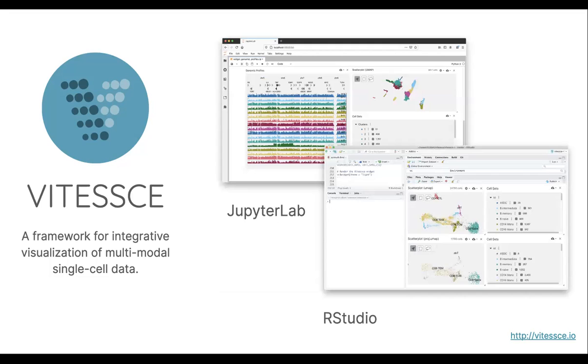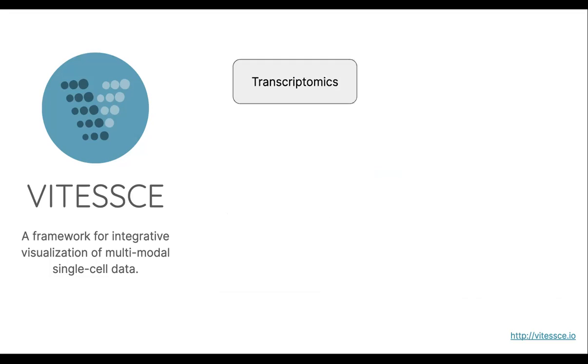Vitessce visualizations are modular and configurable. As you can see in these screenshots, a configuration may include genome browser tracks, scatter plots, image and spatial data viewers, or controller components. As you may know, individual studies and consortia such as the NIH Human Biomolecular Atlas Program, or HuBMAP, are now routinely generating multimodal datasets